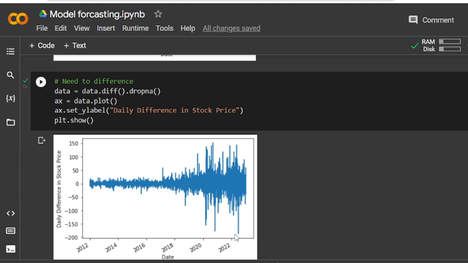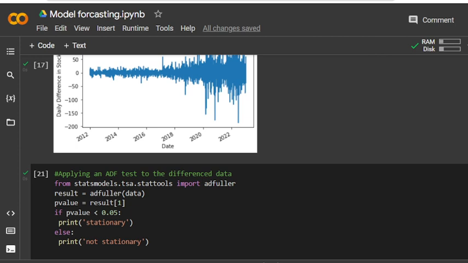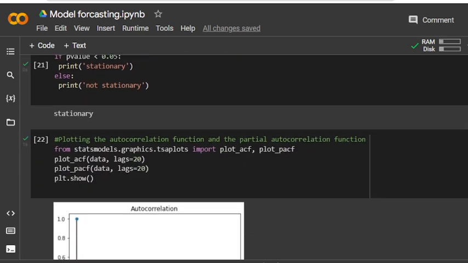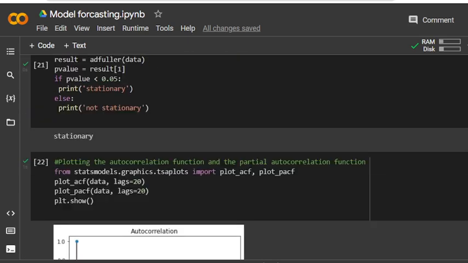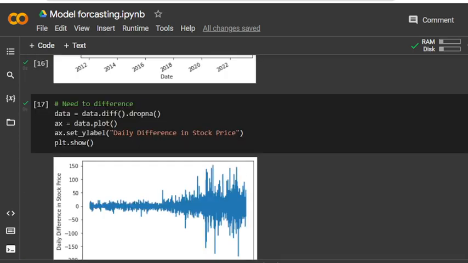So we can't see in this data anymore, but if I plot this data, applying the ACF and PACF, I need the differentiation.